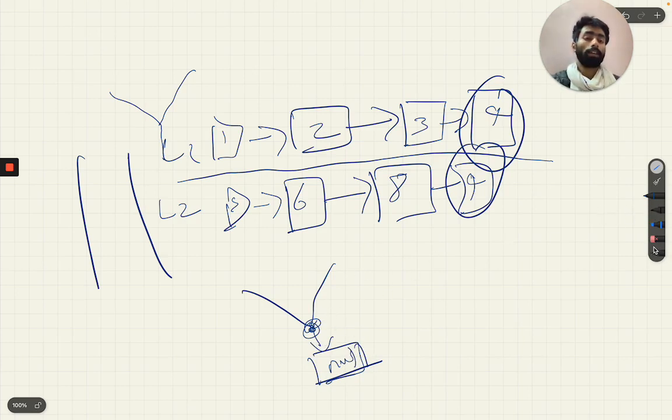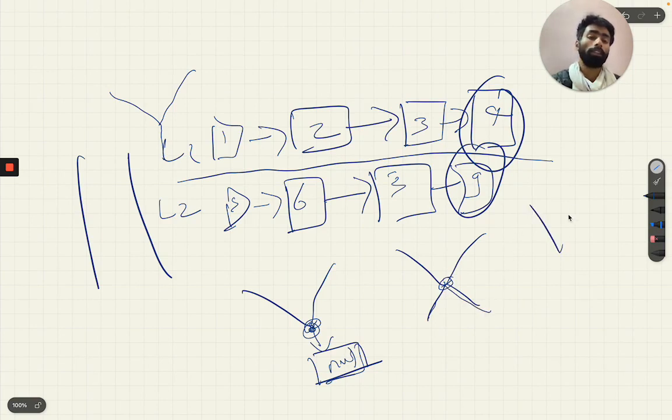And let's take another example where we are having a common point. Let's say here it is 3, but here it is again 9. So it will have the common point, but it will not form the Y shape, while it will form the X shape. That is, it will intersect each other at a point and will go in different directions.